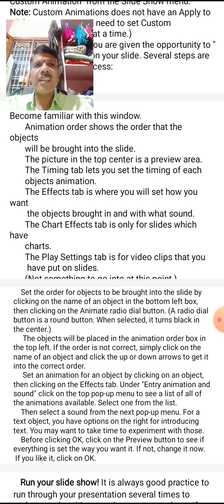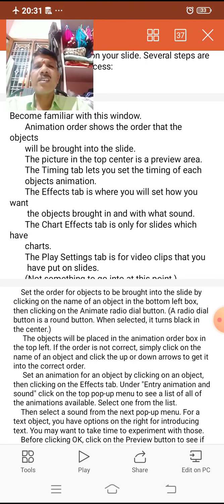Then such preview can be closed and necessary modifications can be updated by the user as per the requirement of the user. For this purpose, the preview option will be helpful to the users.